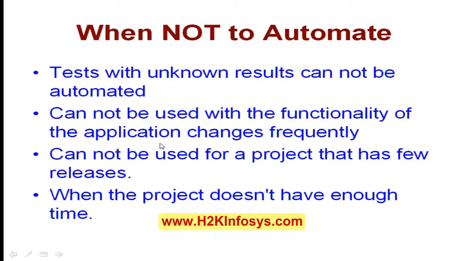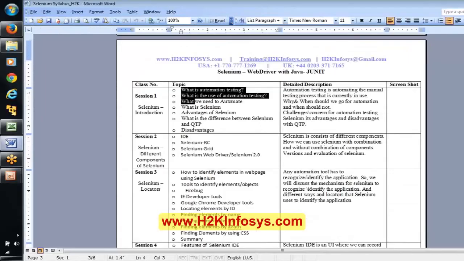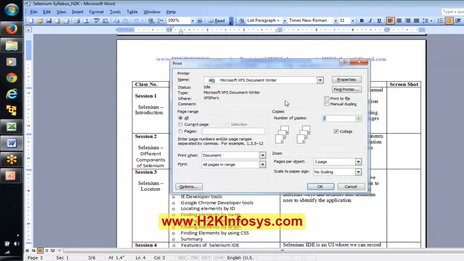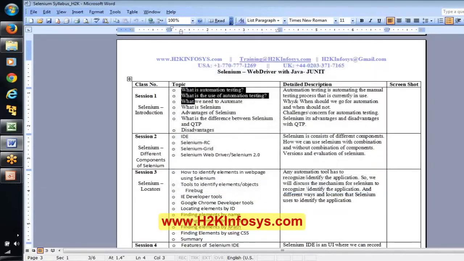By considering these points, and not only these points, there are some things we cannot automate, for example a printing functionality. Say I want to take the printout of this Word document, and it comes out of the printer. I want to make sure that whatever is on the page and whatever is in the document are the same.